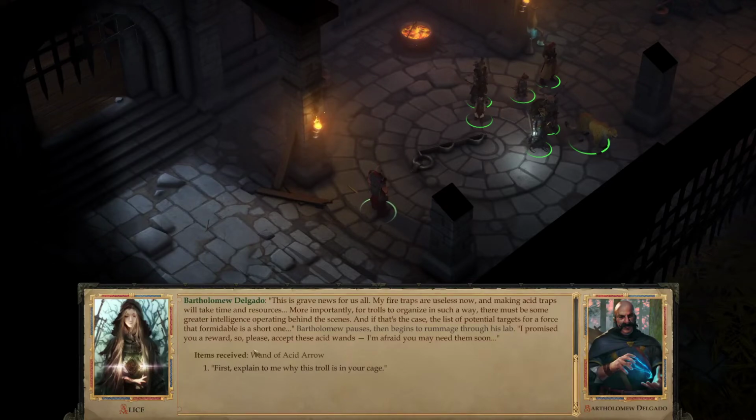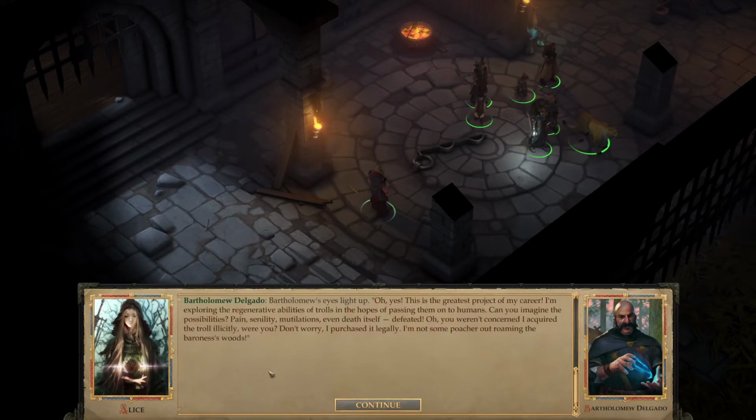Anyway, I promise you a reward. He asks us to accept some acid ones, and he only gives us one. That's just disappointing. Yeah. Anyway, first explain to me why this troll is in your cage. And this is his scientific endeavour to investigate their regenerative capabilities, and he makes the classic argument for